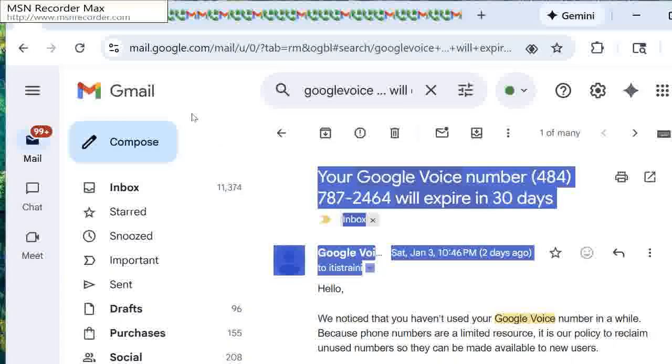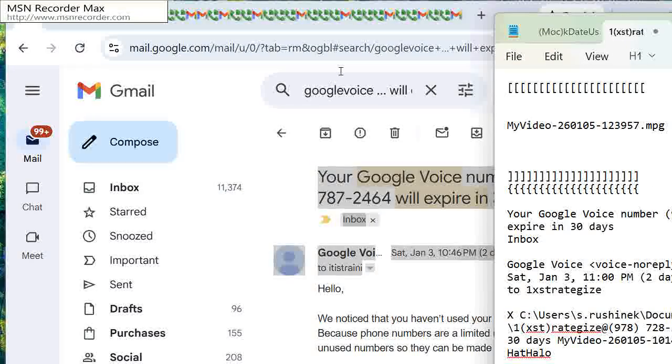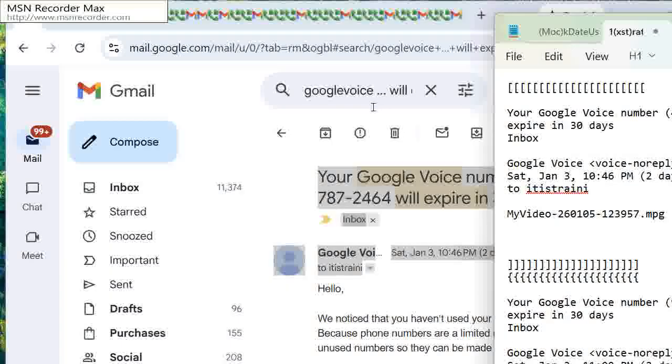So I copied it. I marked it with a cursor first, and then I pressed Control C to copy to the clipboard buffer and went back to the notepad and Control V to paste it, or edit paste. By doing that, I now know the account name, which is It Is Trainee. So I copy this It Is Trainee, edit, copy to the clipboard buffer, and then I want to log into